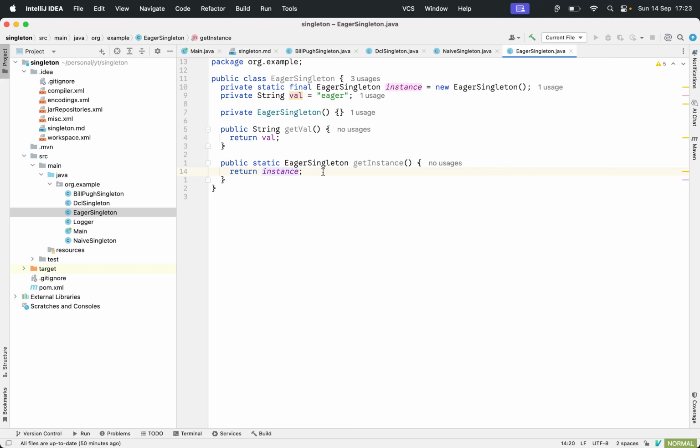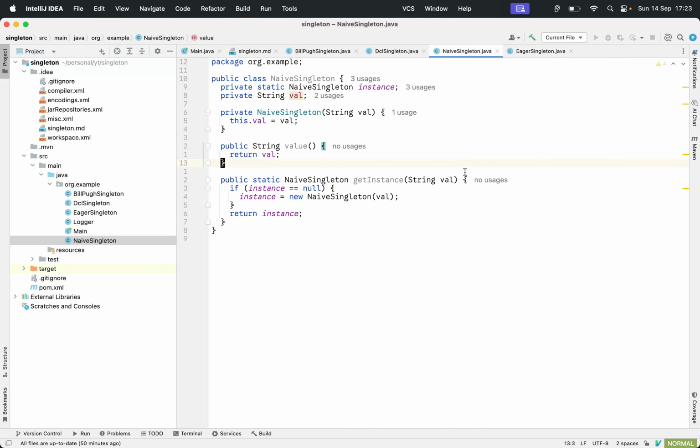Let's say all these lessons come with some imaginary problems, right? Let's say your instance is costly and you don't need it unless you really need it. That's when you go to this kind of implementation, where you only create it when you're using it for the first time.